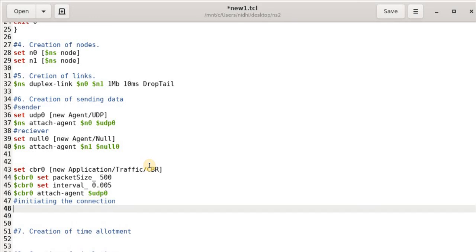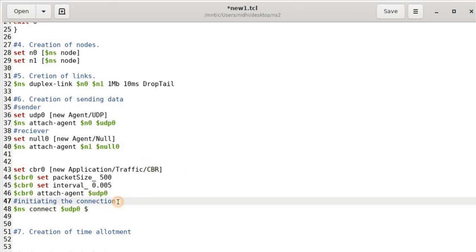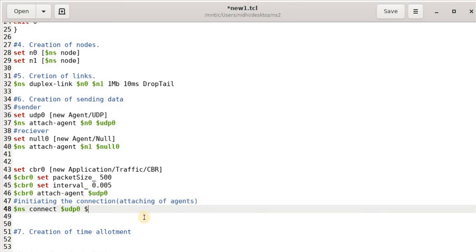We have to tell the network simulator object to please connect the UDP 0 agent, so it is attaching of agents, UDP 0 with null 0, because UDP 0 is my sender and null 0 is my receiver.